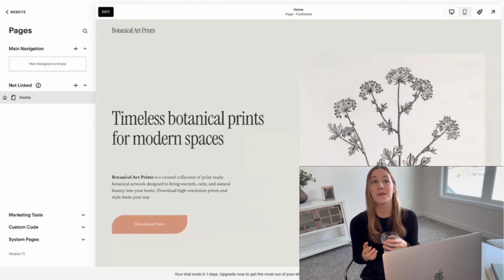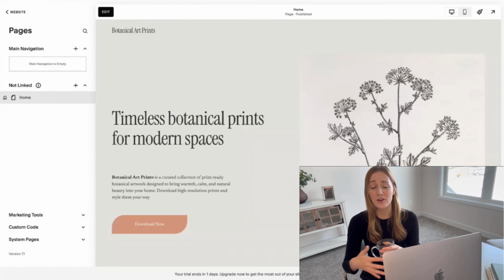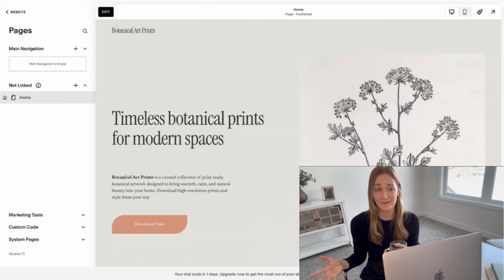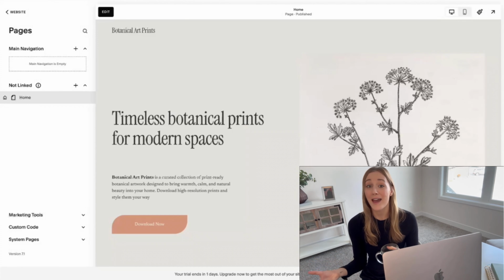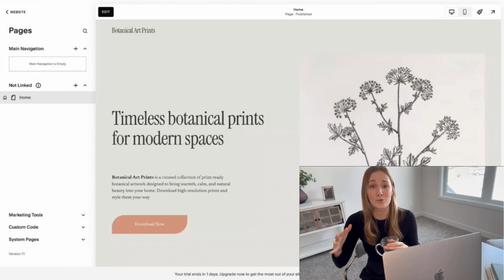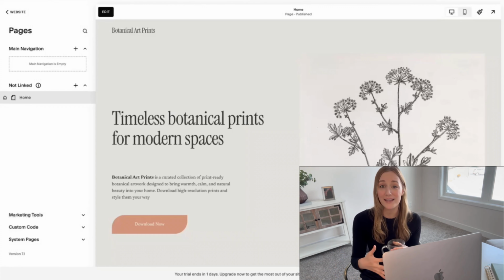Squarespace does have some native selling features and membership functionality and all of that, but what a lot of online business owners find with those features is that they are a little bit limited and they're not super flexible. So when you go to scale your business, a lot of people find that challenging to do with those native features. So I am going to be using a tool called MemberSpace that is going to just be installed right on the Squarespace website. It just makes it really easy to turn any kind of online community or audience into